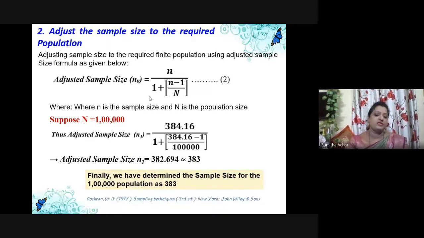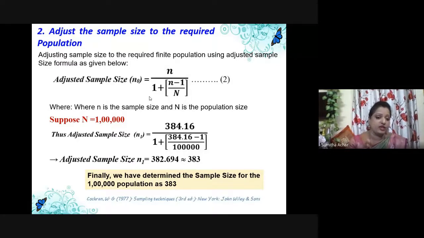Now, why do you have to adjust your values? Sometimes I may say, I want the school teachers from the whole of Karnataka, right? Database is not readily available, but if you go in real hunt of a database, you may get it. If you consider your population as infinite, you end up taking 385 and finish off your study, right? But if you really know your population size, though it is an infinite population, you are able to get a sampling frame and get the value of your sample sizes. Then you will have to use something called an adjusted sample size.